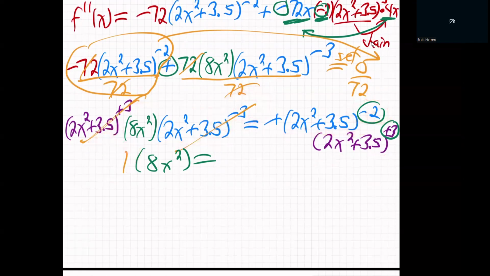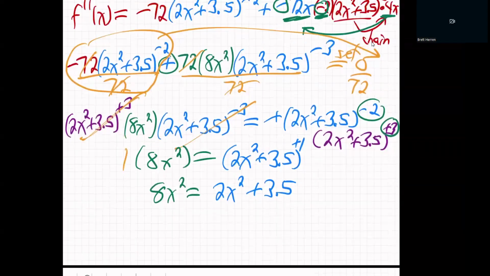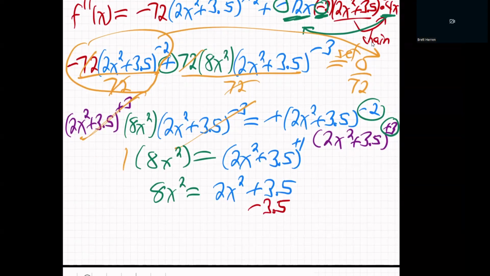So I'm going to have 2x squared plus 3.5 to the positive 1 power, right? Because these powers add. Negative 2 plus 3 is plus 1. So what's that then? Well, that's 8x squared equals 2x squared plus 3.5. That 1 power is not doing anything, right? Now we're getting places. You see how you handle these ugly things? This is a big part of learning